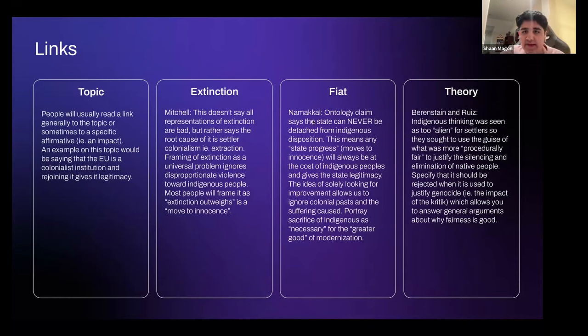The next most common type of link is fiat. If you don't know what fiat is, it's basically the process where the affirmative says, we assume that the policy is passed and here are the effects of it. In this case, this is basically the logic that focusing on the future and imagining future worlds is a bad thing. Oh, and by the way, these authors are just the cards that say these things. If you want to search them up on Logos or the wiki, you can find them. If you also just want to DM me, I can maybe send them to you.